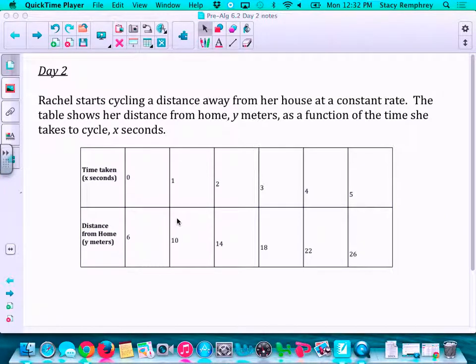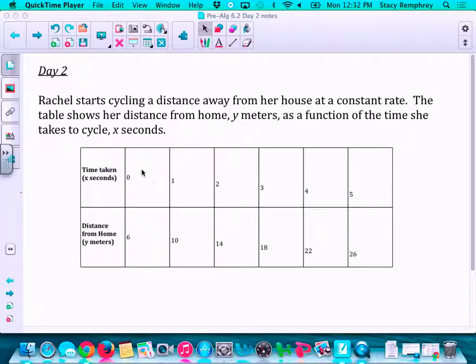Okay, this is day 2. It's not too terribly difficult. It's similar to what we did before where we're taking a situation and putting it in 3 different ways. We have Rachel starts cycling a distance away from her house at a constant rate. The table shows her distance from home, y meters, as a function of the time she takes to cycle, x